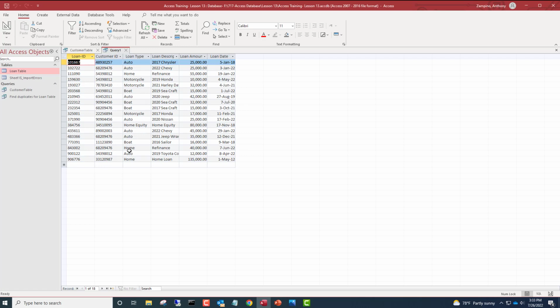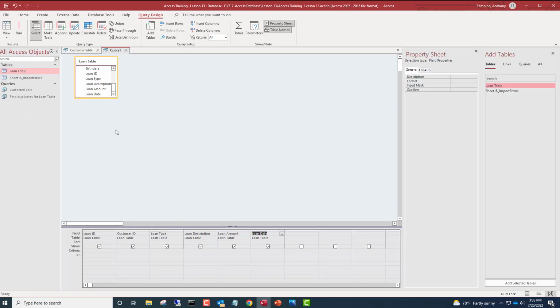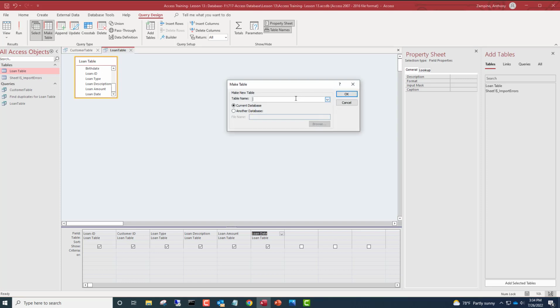We're now going to go back to design view, and we're going to call this one loan table. So we'll do a save, loan table, no space. So it should be alright with that when I hit OK. And there it is. Even though we have another loan table here, there's a space in there, and this is a query anyways. So now we're going to convert this into a make table query, and we'll call it loan info,